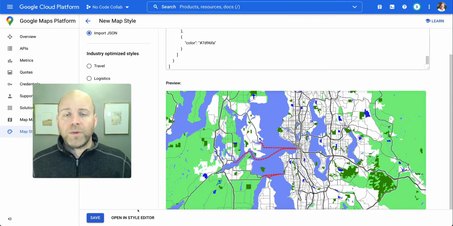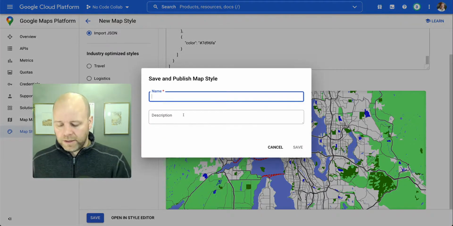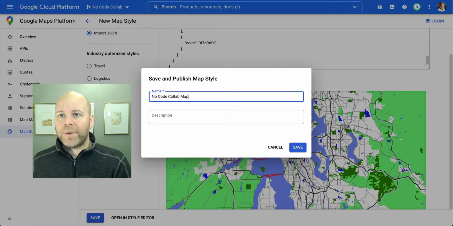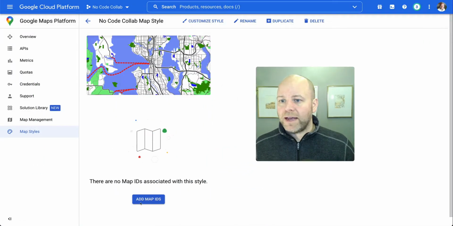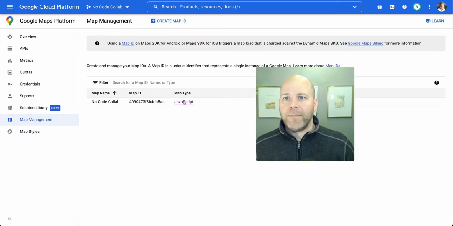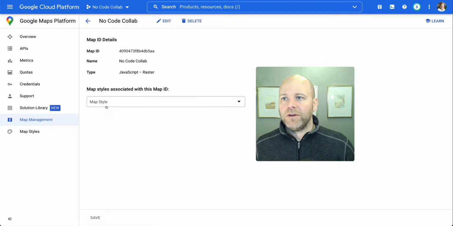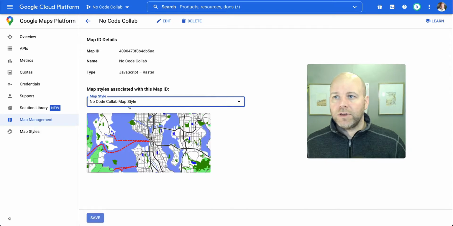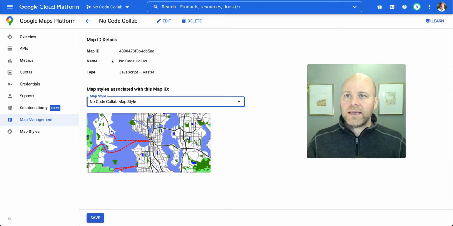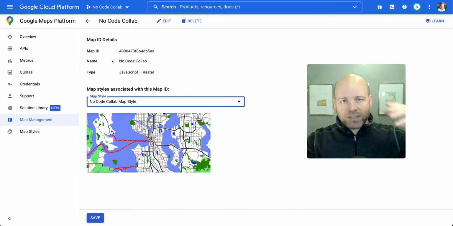If I wanted to, I could open this in the style editor and I could tweak it further. But I'm just going to save that. And this is going to be called No Code Collab Map Style. So now what I can do is under my map styles, I can add a map, or I could also go to map management and I could add a map style. So I could come here and I could say my map style for No Code Collab Map is No Code Collab Map Style. So now I can see what I've done is I've created this map and I've associated a